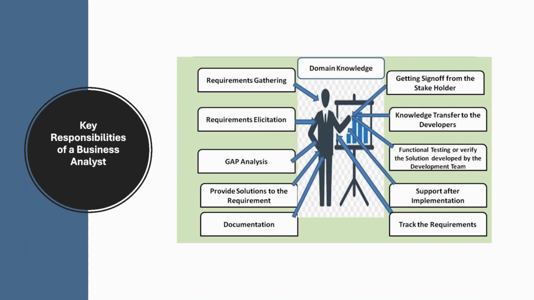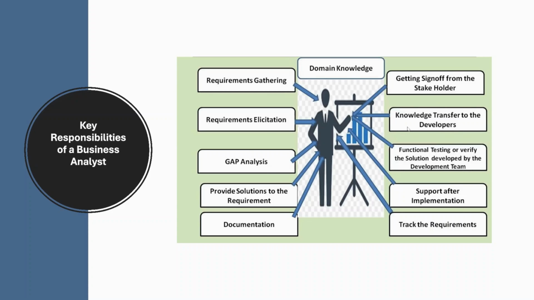the business analyst has to have a discussion with the technical team, where the developers and the business analyst discuss the requirement. If there are any inputs from the developers, the business analyst has to cover those inputs if there is a valid input. If there is no valid input, the business analyst has to explain to the developers that this is not how it will work, this is how it will work.